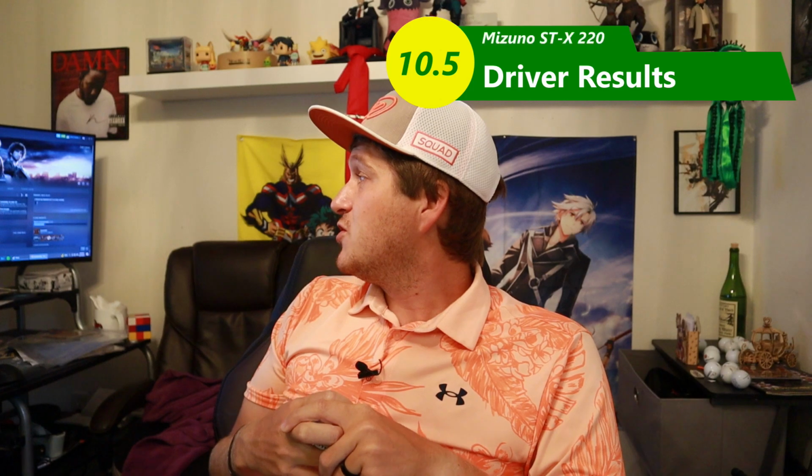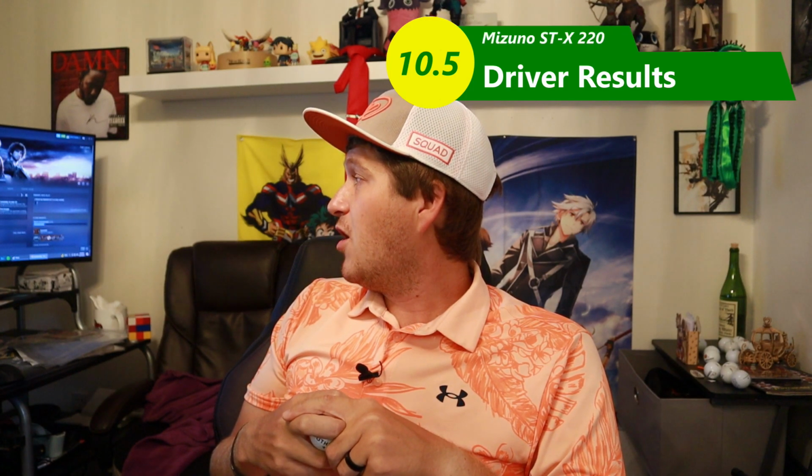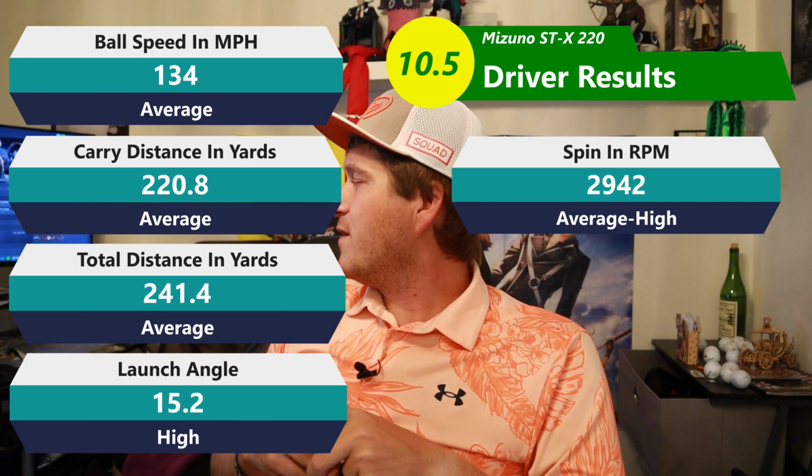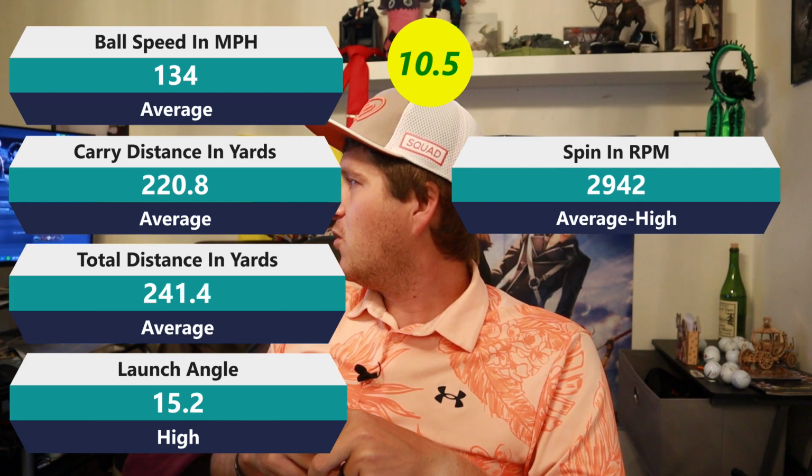Yeah, so based on those numbers, we have a golf ball that's consistently launching high and consistently getting the right amount of distance, which is really good to see. I say it all the time, consistency is key, and so far this ball is very consistent. All right, and then last but not least, the big stick. This is going to be 2,942 on the RPMs, which is an average number, and then 241.4 on the distance total, which is